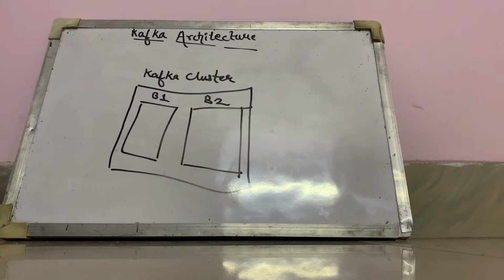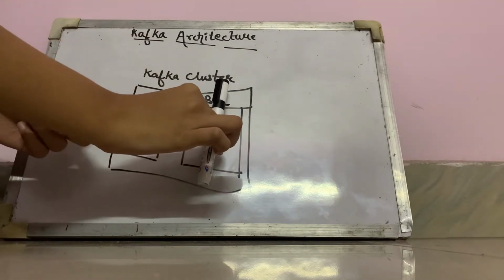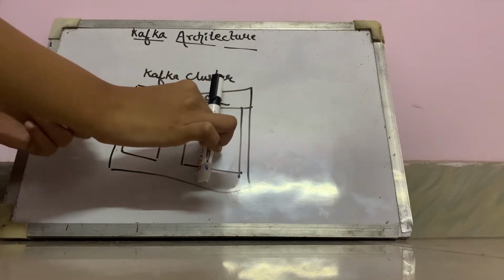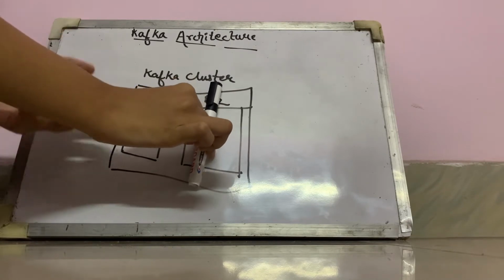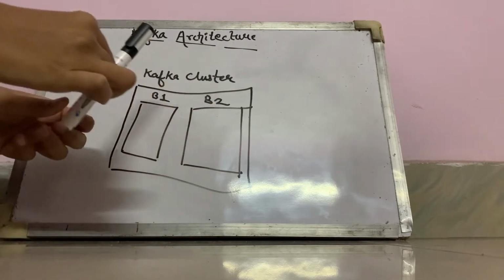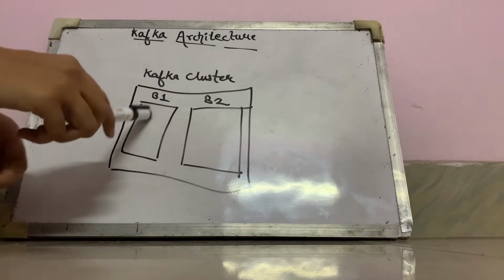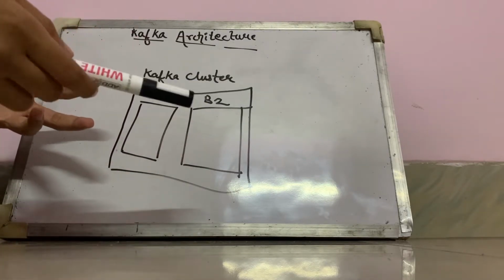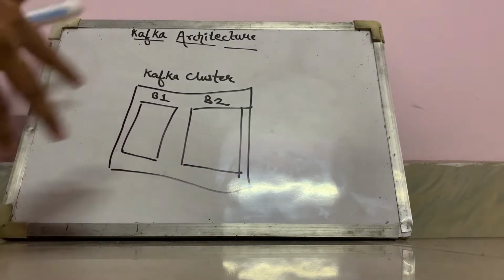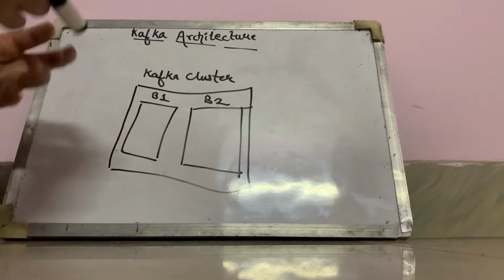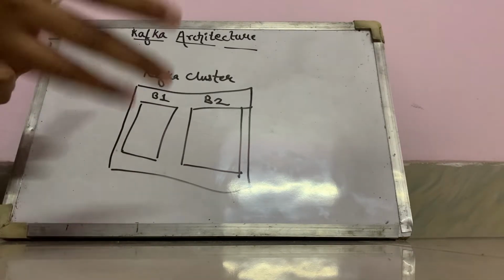Because in the last video we discussed that Kafka is a distributed system. If we have one broker and we put all our messages in that one broker, and if it goes down, how are consumers going to consume the messages? That is why we need more than one broker, so that we can make replicas of those messages. We can distribute the messages across various brokers.